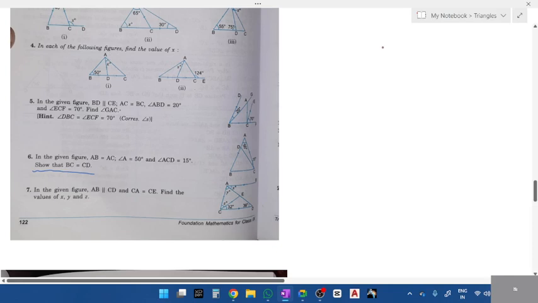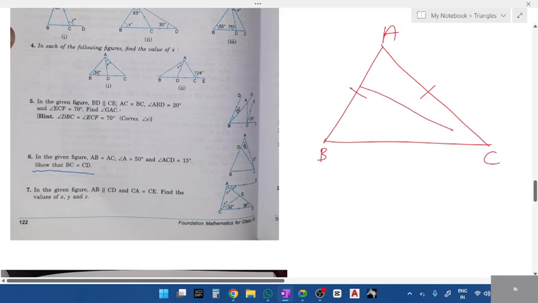Okay, sixth question. You all try the sixth question now. How will you all start? First, read the question. In the triangle, which two sides are equal? AB is equal to AC, right? And inside that we have another triangle. What is that triangle? ACD. They've mentioned here. ACD is how many degrees? 15. Okay, what do you have to prove? You have to prove that BC is equal to